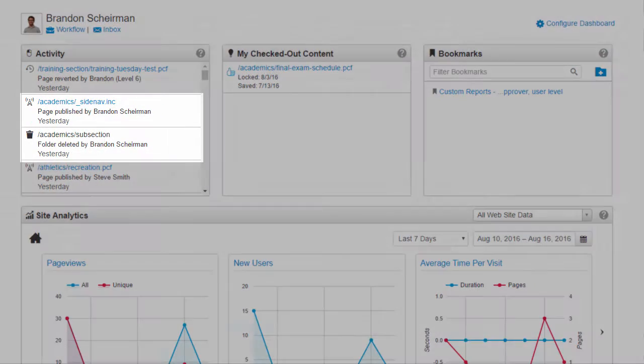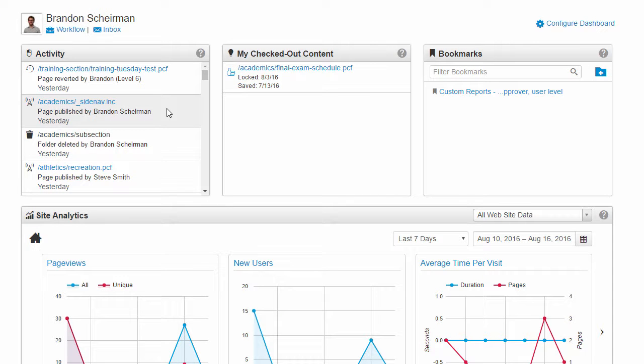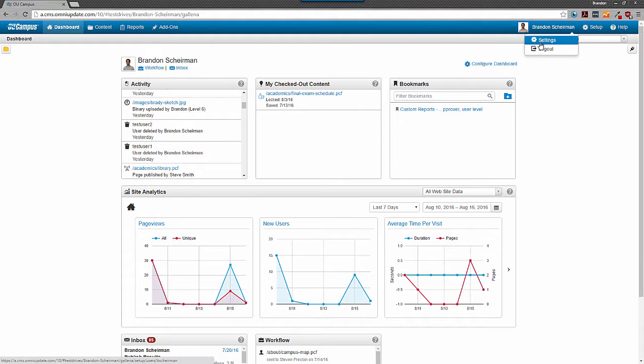Notice that now we can see two more pieces of activity appear in the gadget that happened inside the academics directory. The reason why we didn't see these pieces before is because I've made the academics directory available to administrators only. Since I'm an administrator now, I can see activity from that directory in the gadget, but as my level 6 user, I can't see any activity that occurs in that directory. In the same way, certain admin functions like creating or deleting users will show up in an admin's view of the activity gadget, but won't appear in the activity gadgets of lower level users.